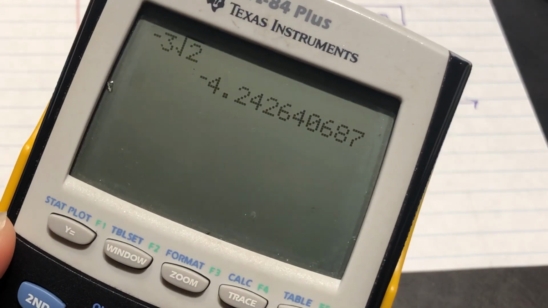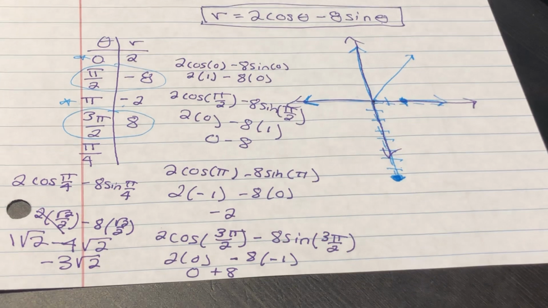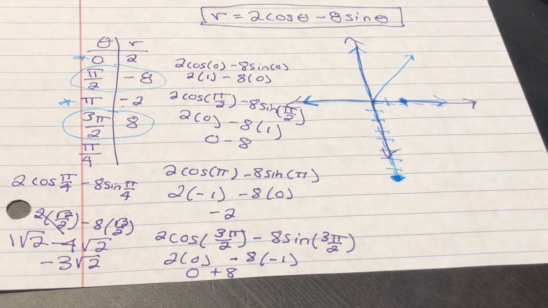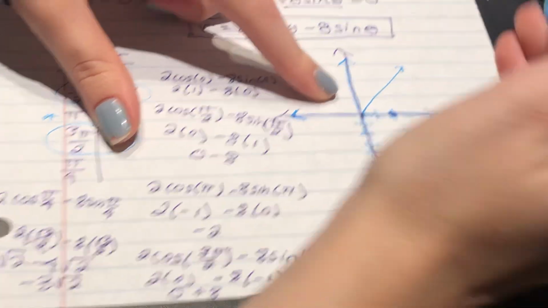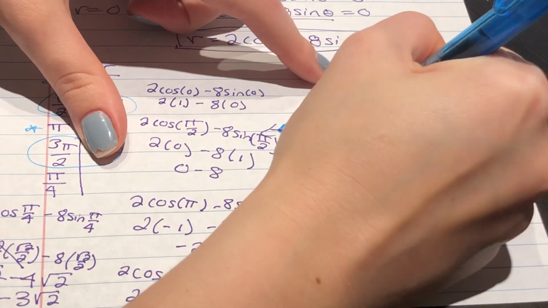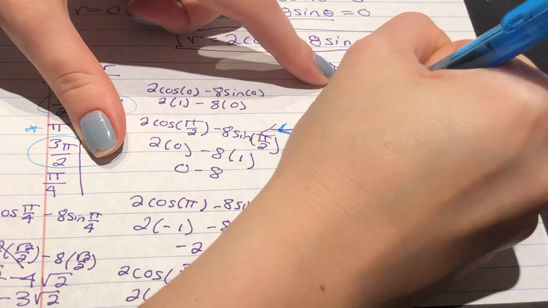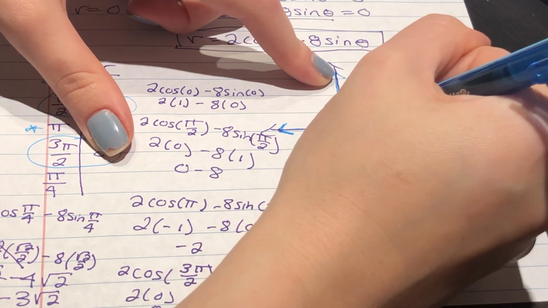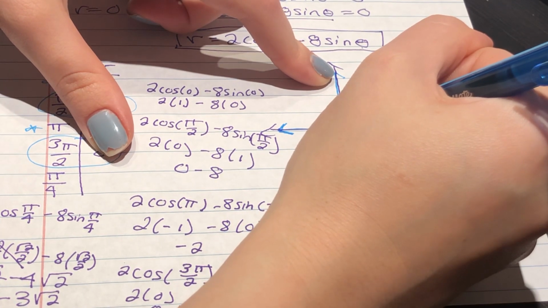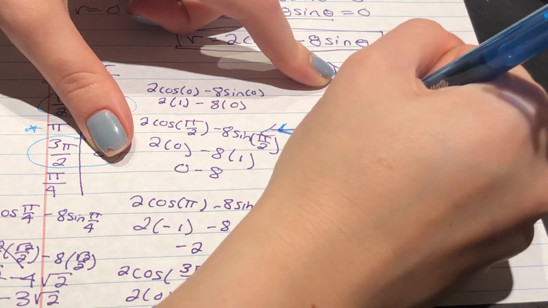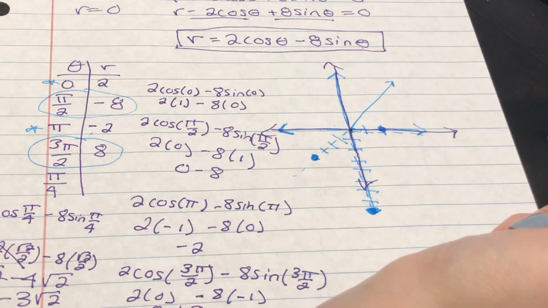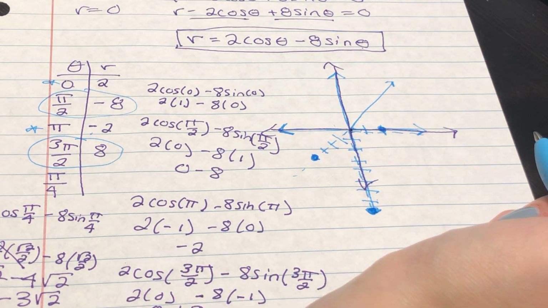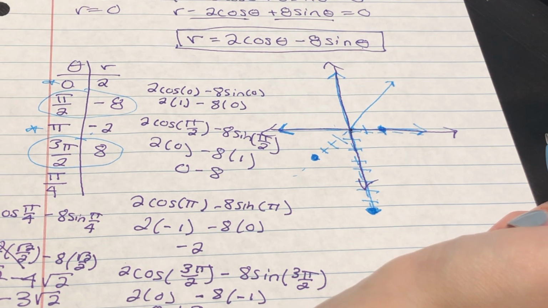And you get negative 4.2. So at pi over 4, which is over here, we got a negative 4. So we need that to be on this side. Okay. And then we can try, let's see,